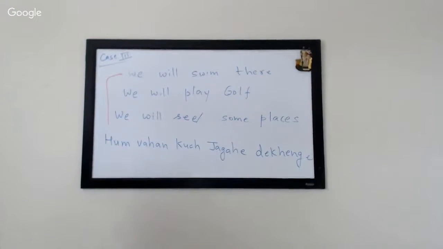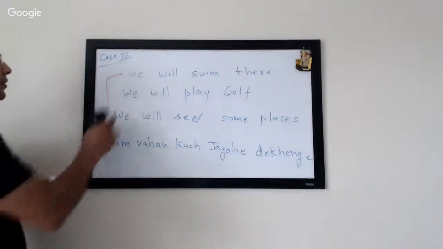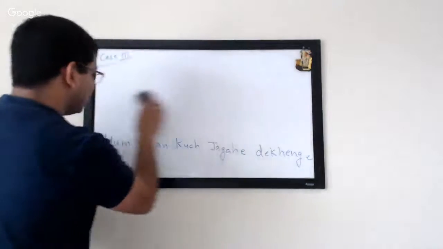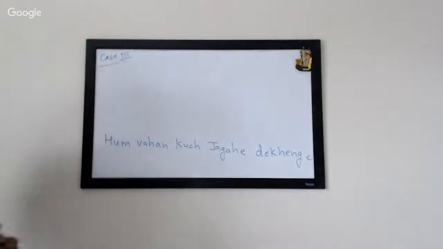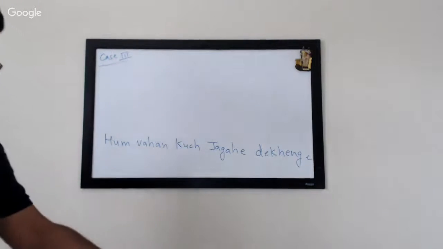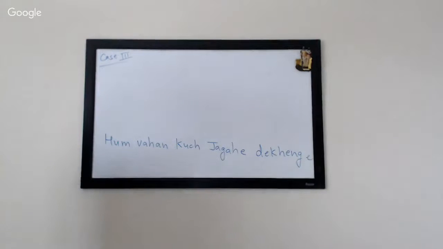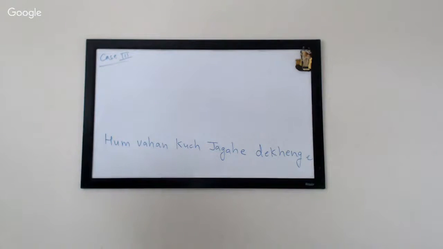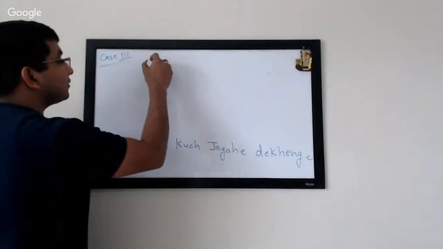Now that's the third one, right? Now we'll do a lot more miscellaneous activities here, because especially when you're going to any place, there are many reasons, right? Some simple reasons can be camping, hiking, swimming, to see the touristy places, to play golf and all. There are some other kinds of typical places as well. For some of the places, you go there for spiritual reasons as well, right?